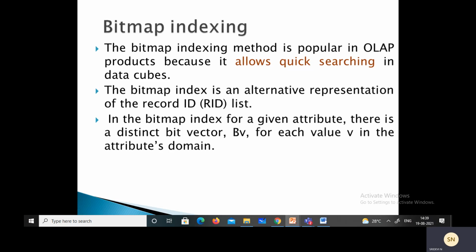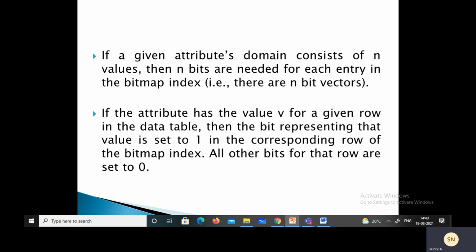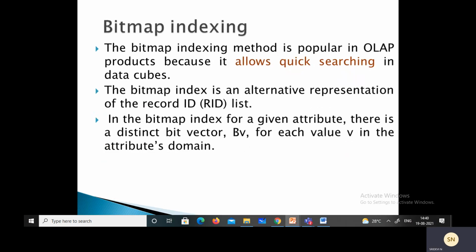As we have seen in the earlier example, AllElectronics, which is the example usually taken here for discussing different topics. Suppose in the AllElectronics data warehouse the dimension item at the top level has 4 values: home entertainment, computer, phone, and security. Each value is represented by a bit vector in the item bitmap index table. So how do you use this bitmap?